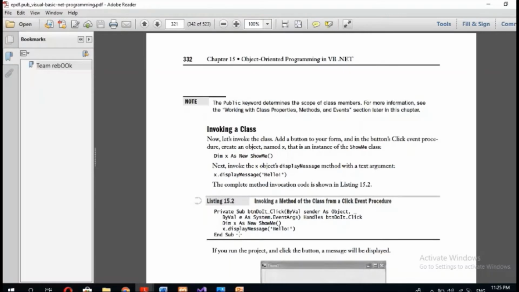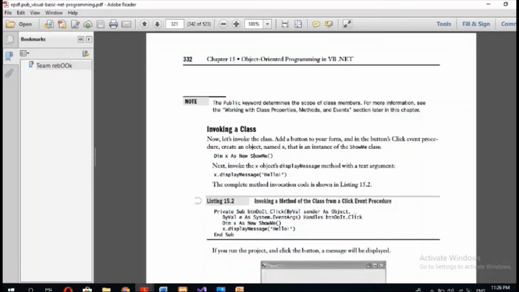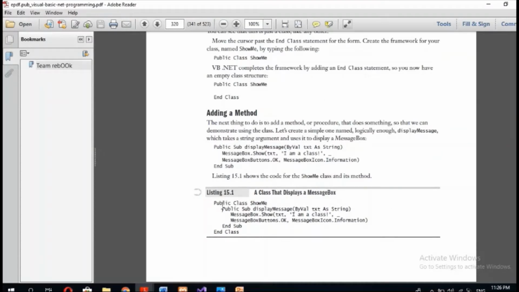For that we have to use objects of the class, that is, different instances of a class. This is how we create an instance of a class: Dim x as new show me. X is an object, and as always we use the keyword new for creating an object. X is an object of the class show me, and this is our show me class right here.